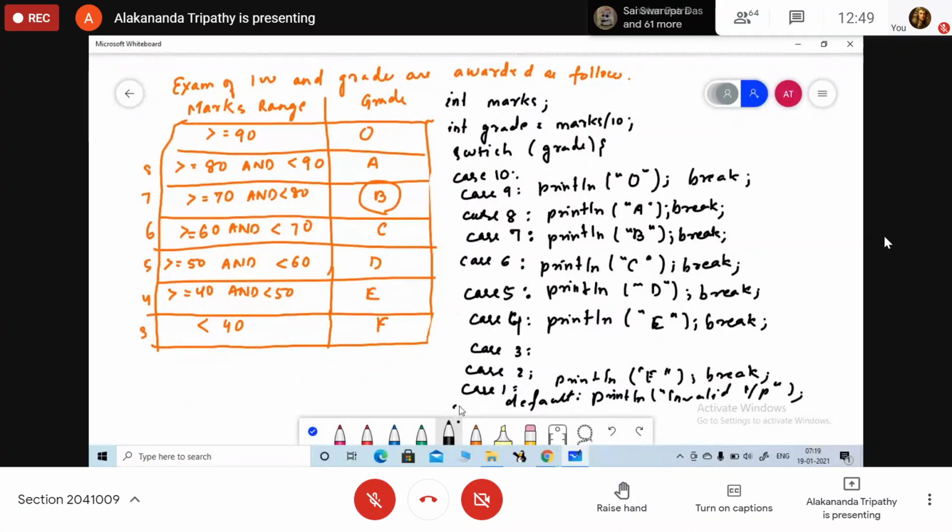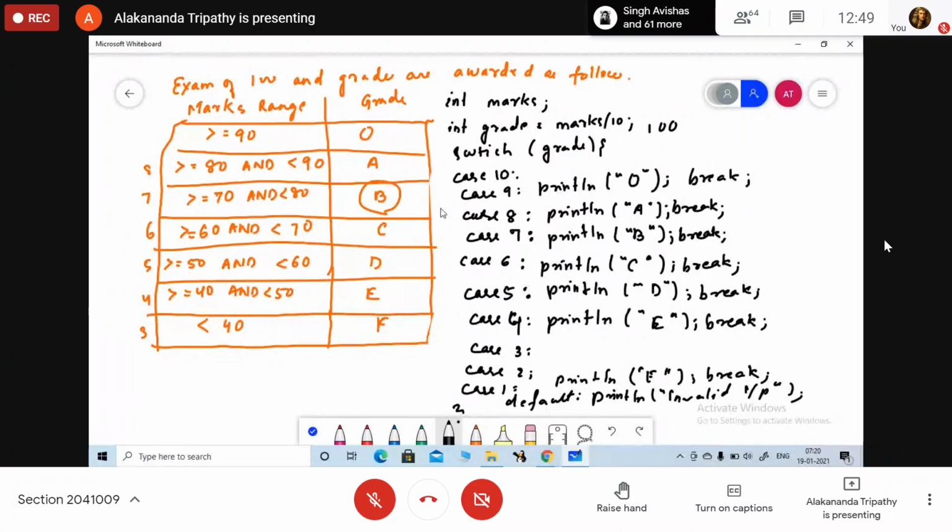Okay, close the switch case. All of you clear with this one? Ma'am, why are case 10 and case 3 blank? In case 10, what will be the value? Now let's say I have input my marks as 100.